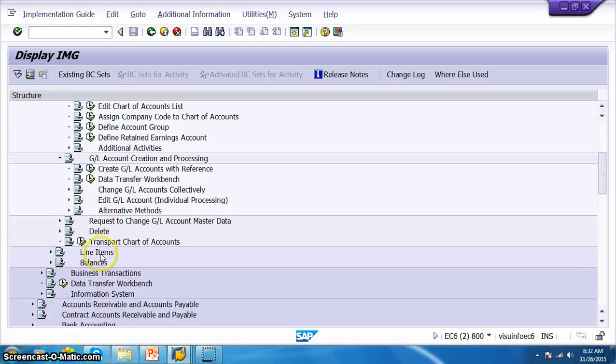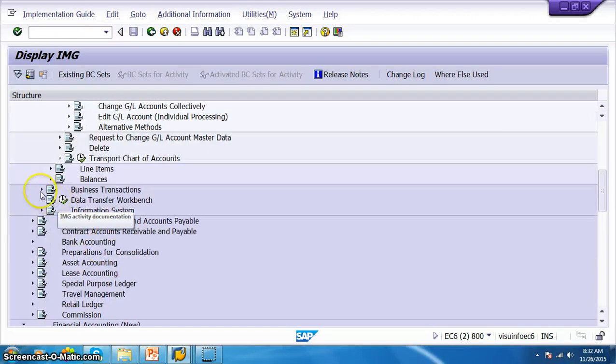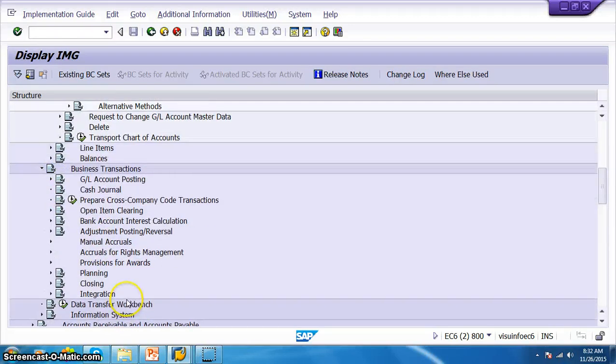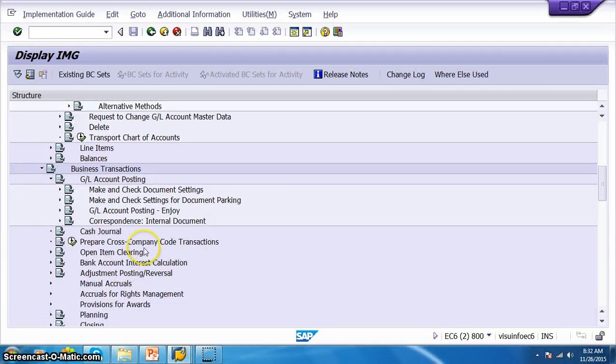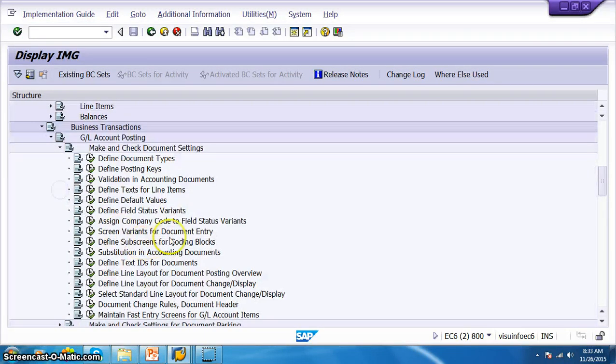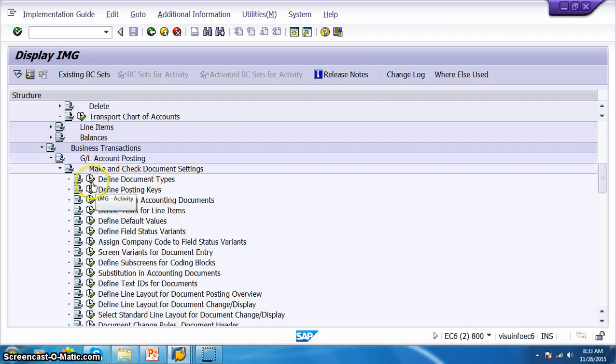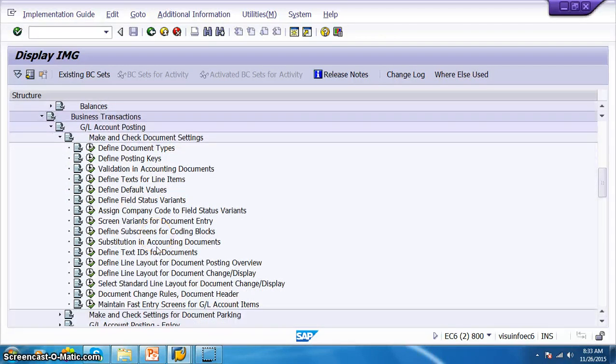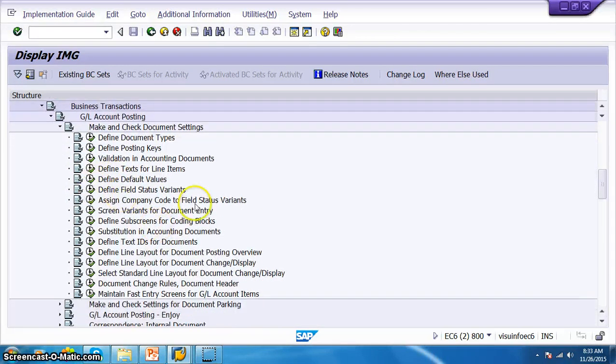Field status variants will be at the document level, business transactions. Okay, define document types, and then we have posting keys and all. And field status variants also we have here, which we have done through the transaction code.